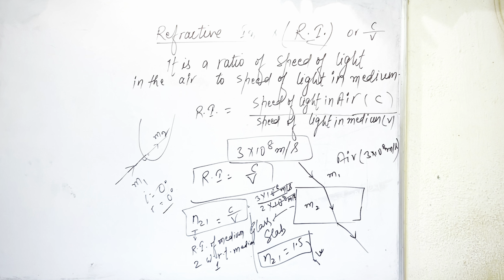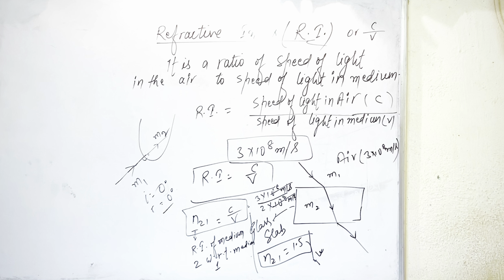Why is there no bending of the light ray in the hemisphere glass? Because it makes an angle of 90 degrees to the surface and an angle of 0 degrees to the normal. So the angle of incidence is equal to 0 degrees. Remember, what is the angle of incidence? 0 degrees, because there is no bending of the light when it travels from one medium to another. The incident ray makes an angle of 0 degrees with the normal.